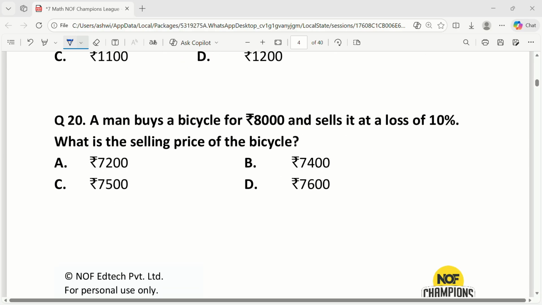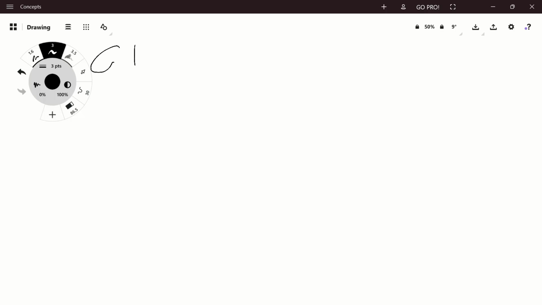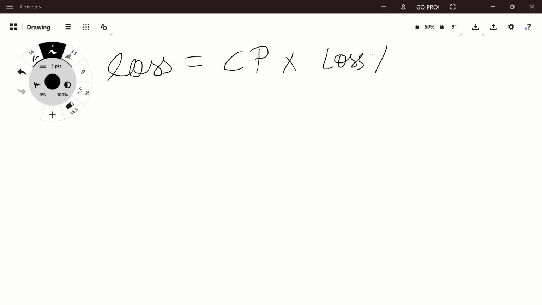Question 20. A man buys a bicycle for rupees 8,000 and sells it at a loss of 10%. What is the selling price of the bicycle? The cost price of the bicycle is 8,000 rupees and the loss percentage is 10%. The loss amount is calculated as a percentage of the cost price. Loss is equal to cost price into loss percentage, which will be equal to